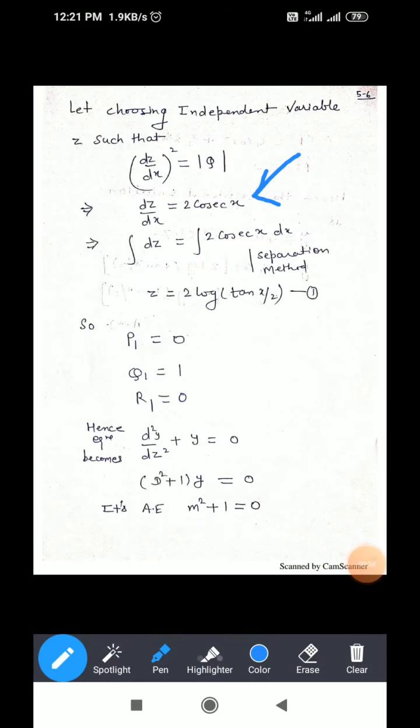Now see here, this dz by dx is an ODE, an ordinary differential equation. So by using the separation method, we can write integration dz is equal to integration 2 cosec x dx. So z is equal to